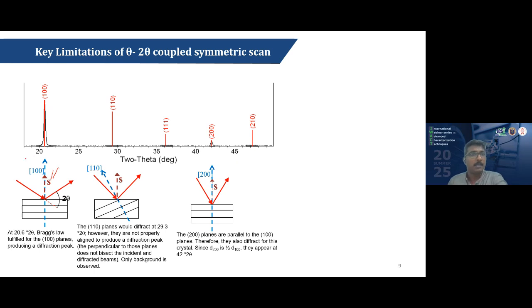An example XRD graph is shown in the figure. Here we can see a 100 oriented plane at an angle of about 21 degrees. That means the 100 planes satisfy Bragg's equation at this particular angle,